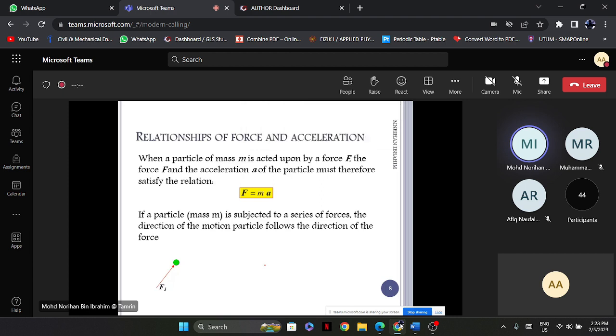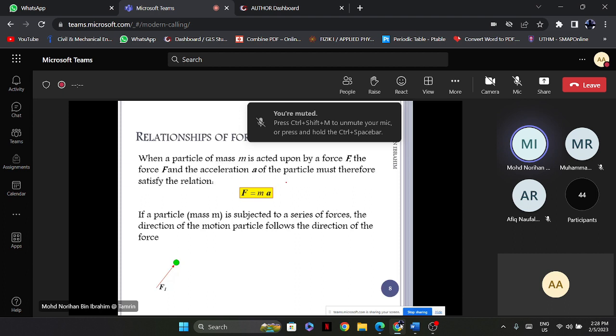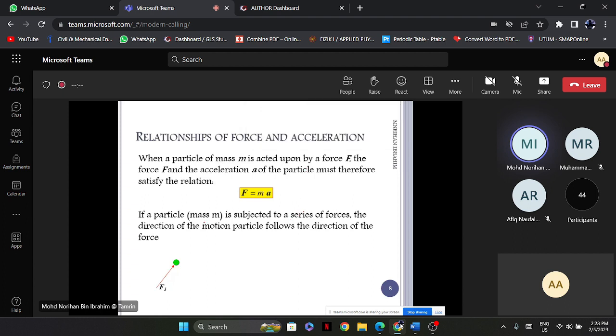So this actually represents the application of the equation force is equal to mass times acceleration. If a particle with a mass m, or an object with a mass m, is subjected to a series of forces, look at this one, and the direction